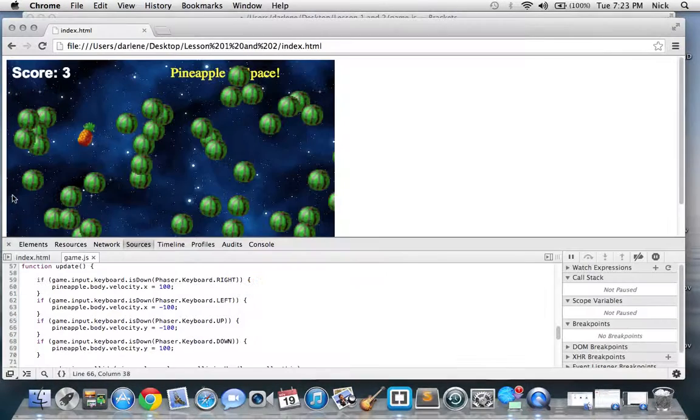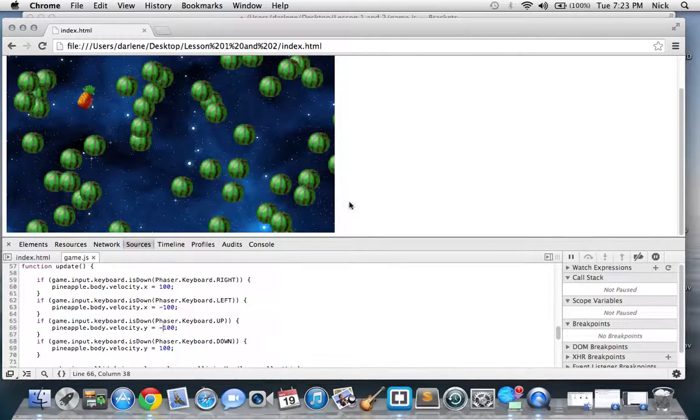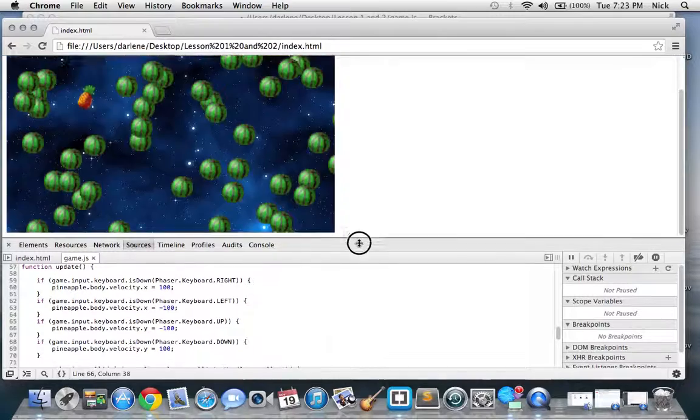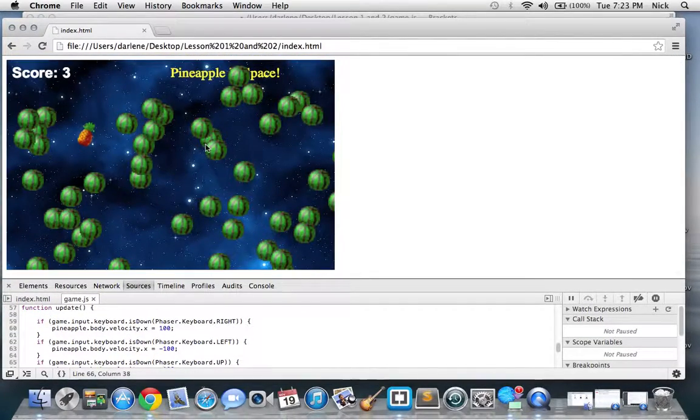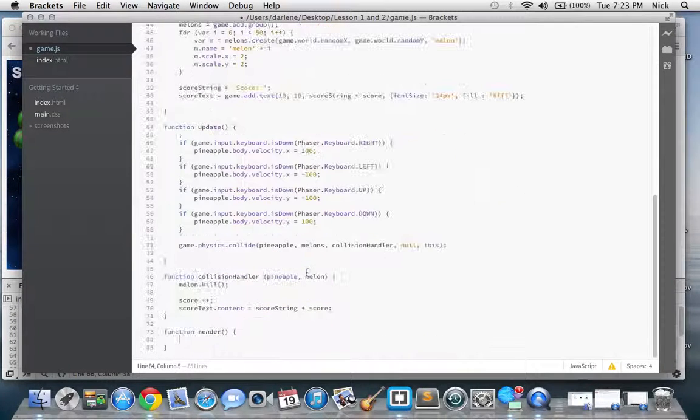All a quad tree does is break up your game screen into quadrants, but at the same time, it surrounds each of the sprites with the size of the body that the code recognizes. So obviously here, the size of the melon isn't recognized for collision. A neat way to test out what that size actually looks like is to create the quad tree. So in the game render, we'll type in game.debug